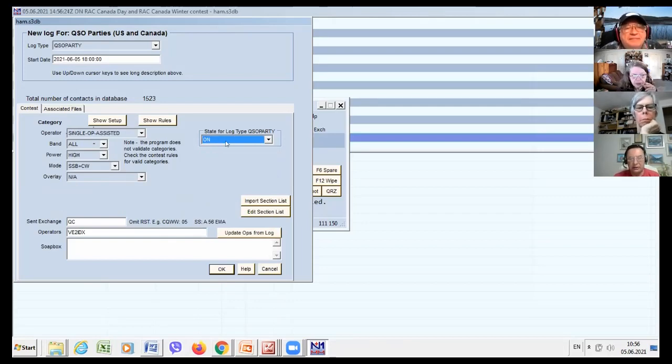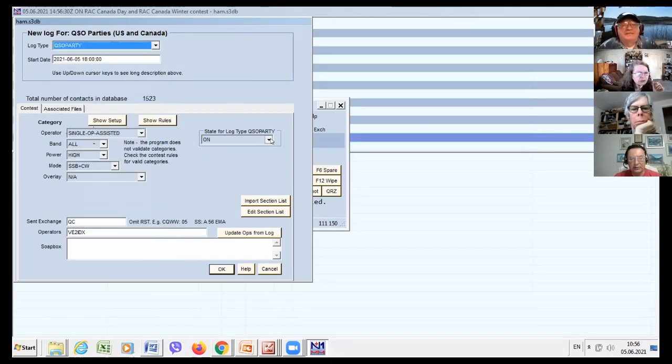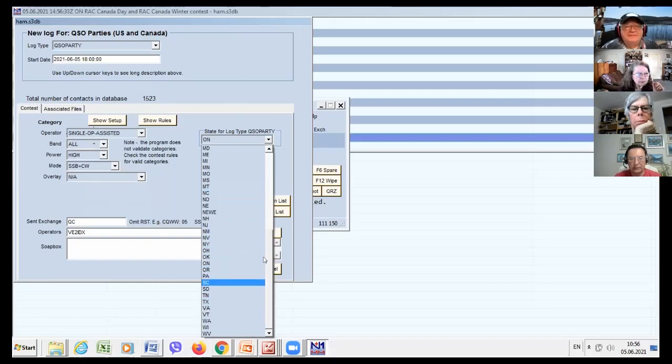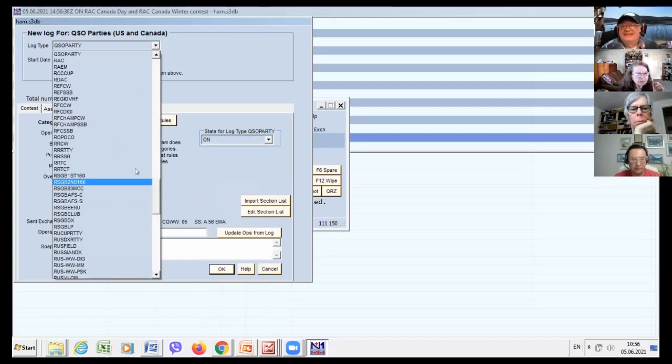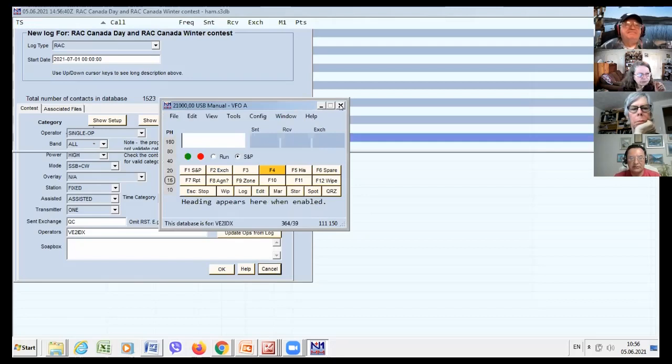Especially for the QSO party, you have to select QSO party from the list, like this one. And after that, you can select Ontario or a different one. But for the RAC Canada Day contest, you can select, press OK, and you will be in. This is related to the